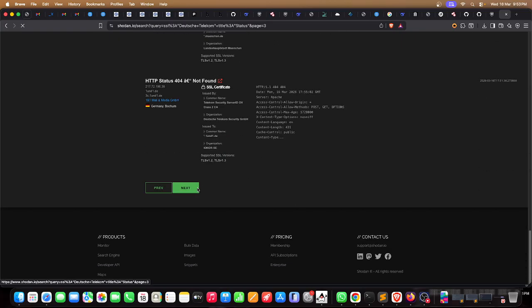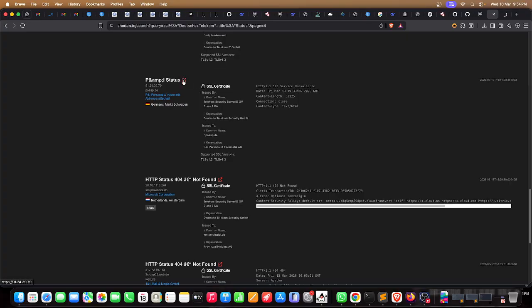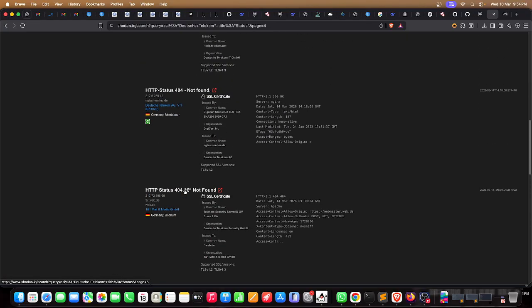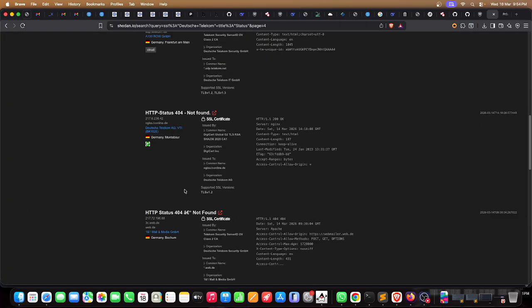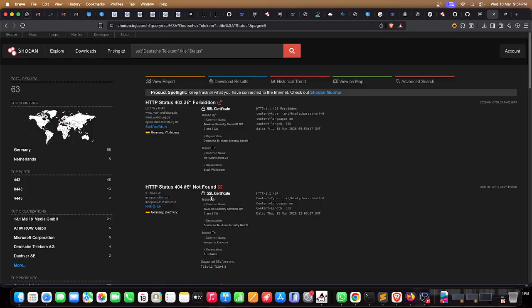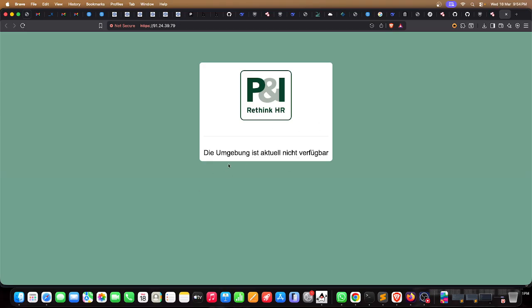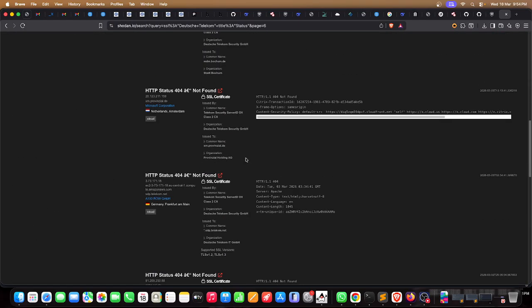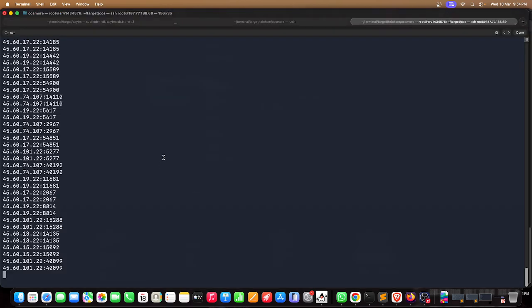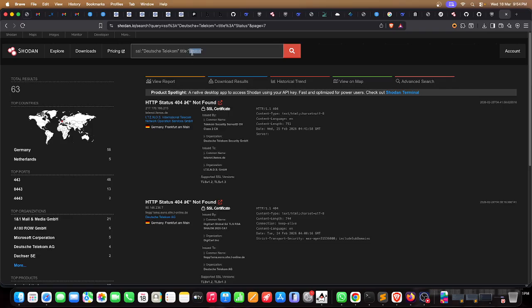By the way, these all are these domains only. Status URLs, rethink HR, whatever it is. This type of IPs you should fuzz them, by the way. Cool. If I'm not going to go on status, I'll go at